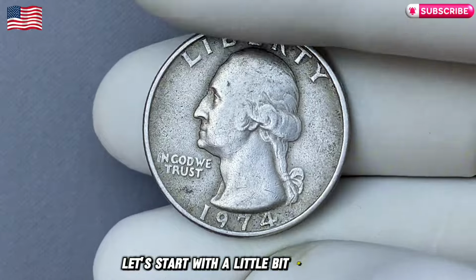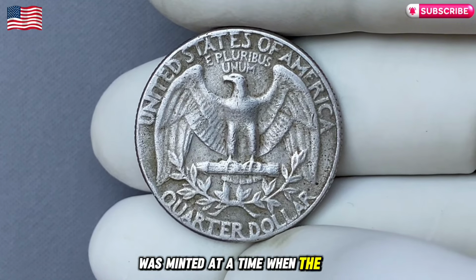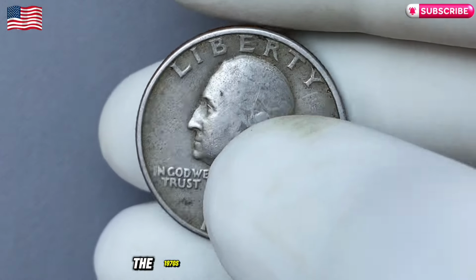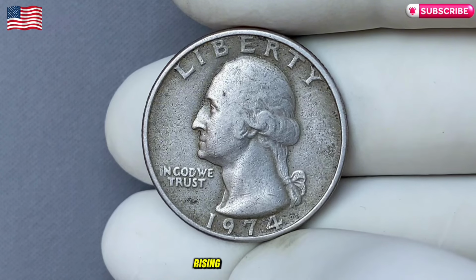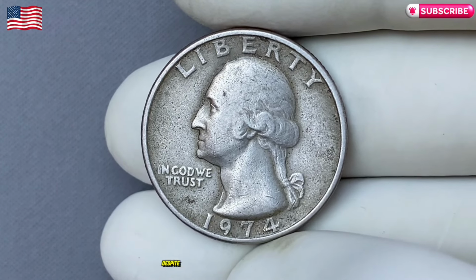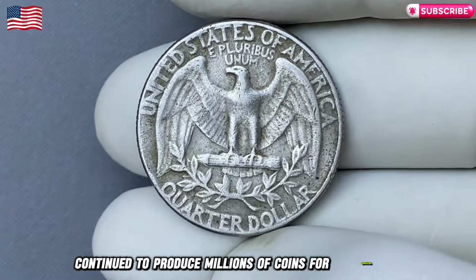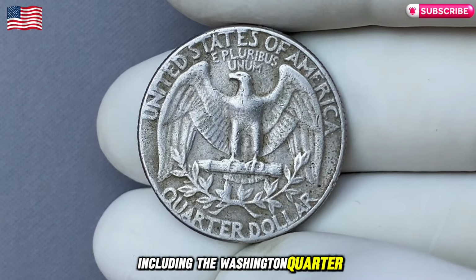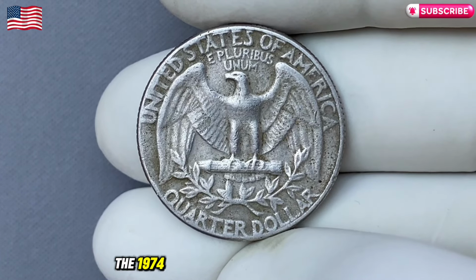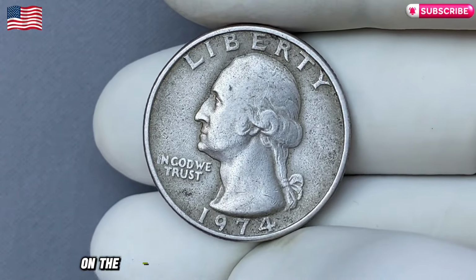Let's start with a little bit of history. The 1974 quarter dollar was minted at a time when the U.S. was facing significant political and economic changes. The 1970s were marked by inflation, rising oil prices, and a shifting political landscape in the country. Despite these turbulent times, the U.S. Mint continued to produce millions of coins for circulation, including the Washington quarter, which has been in production since 1932. The 1974 quarter continued this tradition, featuring the iconic image of George Washington on the obverse side and an eagle